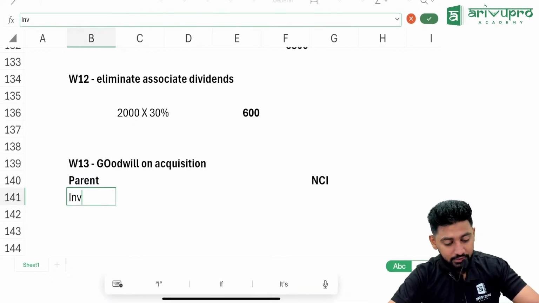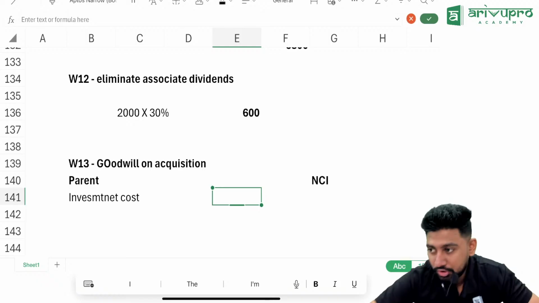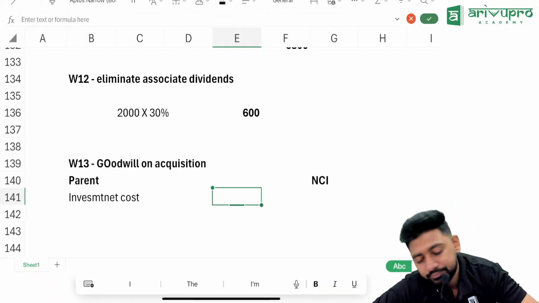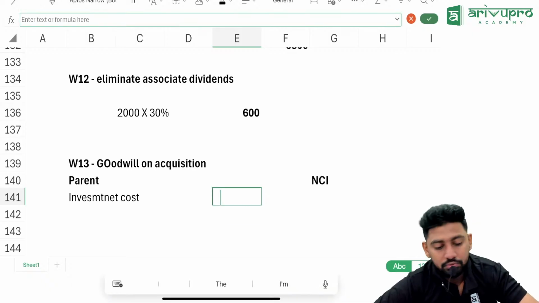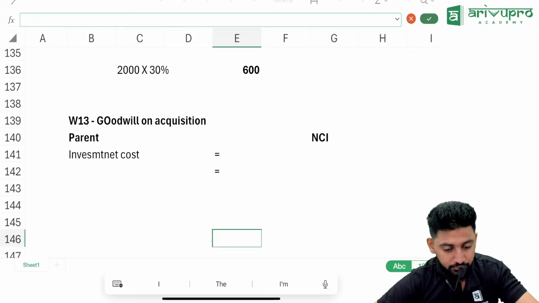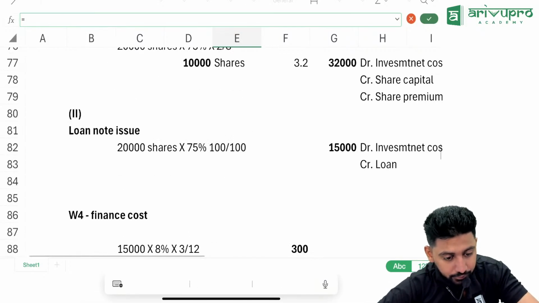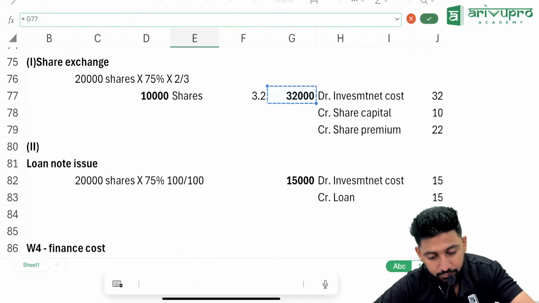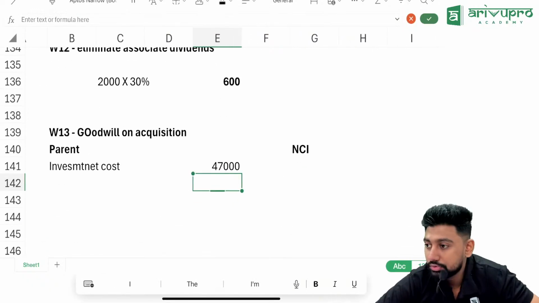Parent, I take the investment cost or fair value of acquisition paid. Investment cost, we calculated it, so I go to the top, my investment cost is 32,000 plus 15,000 gives me 47,000,